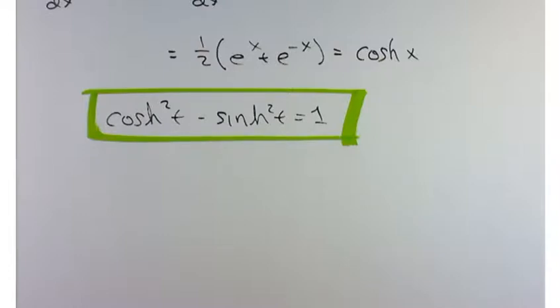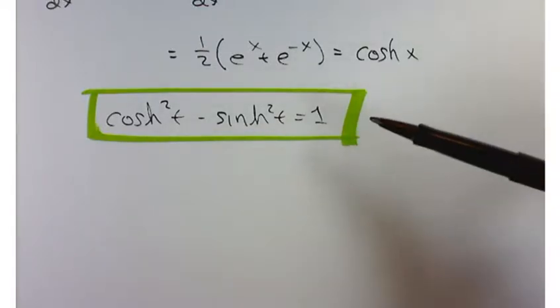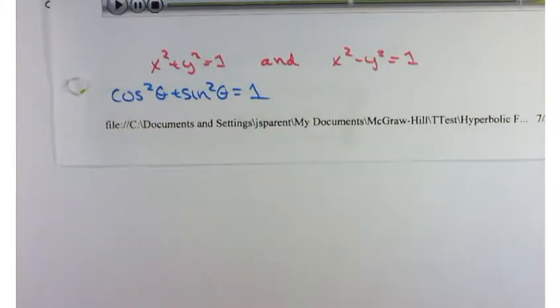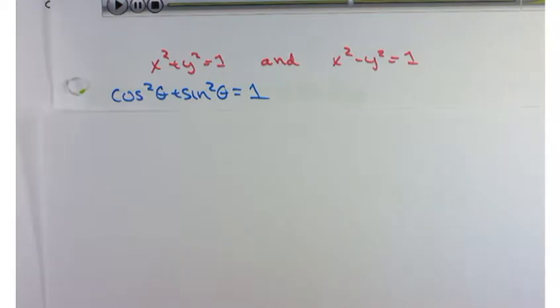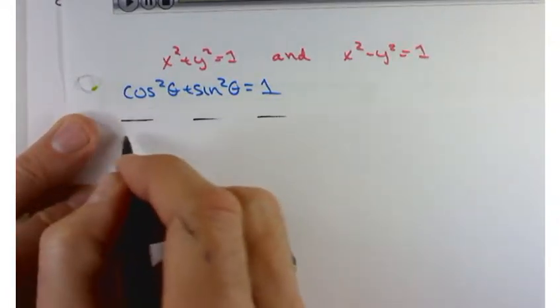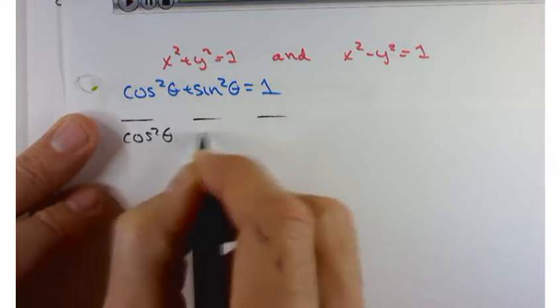It's kind of like the foundational one. You can get everything from this. Back when you took trig, this identity, cosine squared plus sine squared equals 1. You can get everything from there in terms of your identities. You can get the half angle formulas, you can get the double angle formulas, you can get other versions of this. If I were to take this and divide everything through by, say, cosine squared of theta,